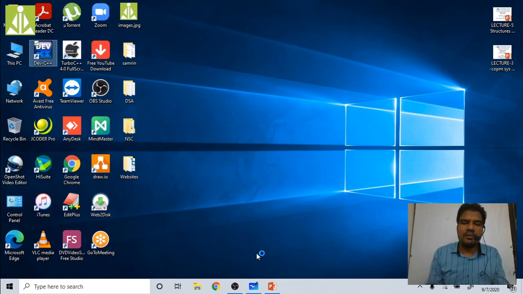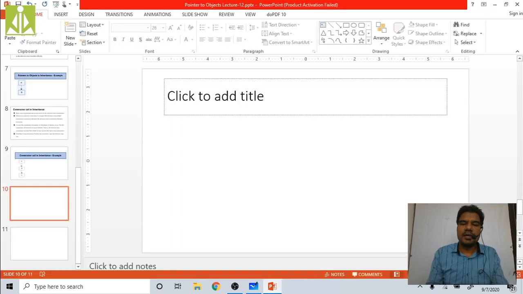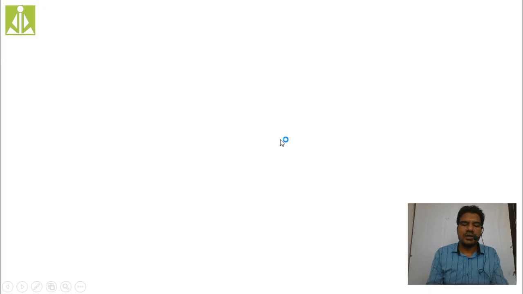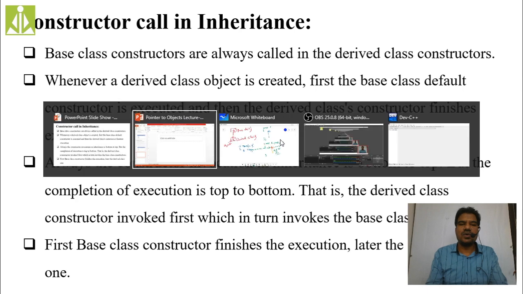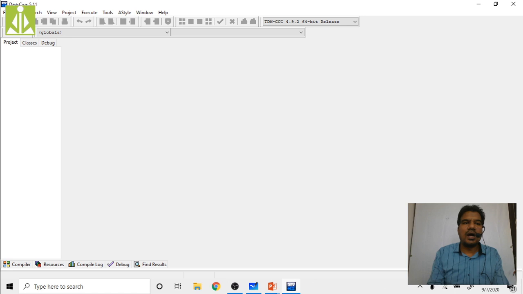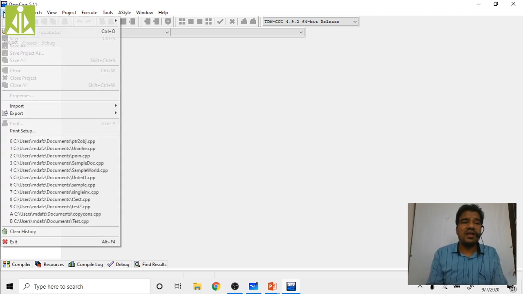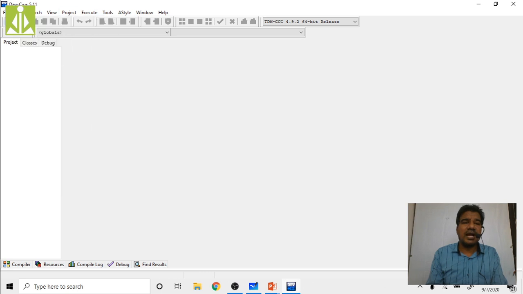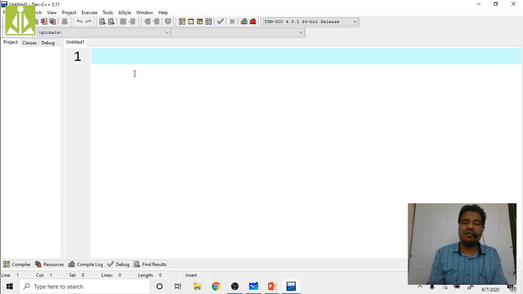So now I'm opening my Dev CPP compiler. In that I'll show how the derived class object creation is going to call not only the derived class constructor but also the base class constructor. That I will show by taking a very simple example. Later on we'll discuss how this is going to affect our parameterized constructor.